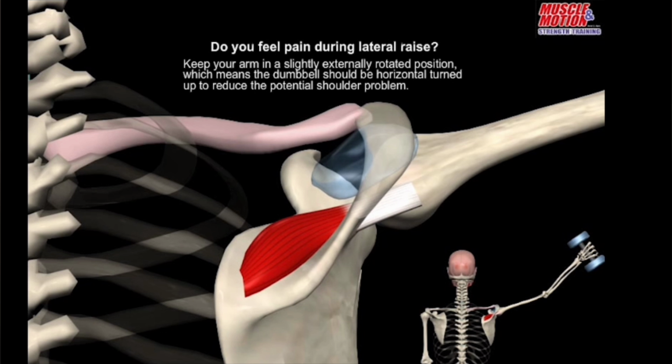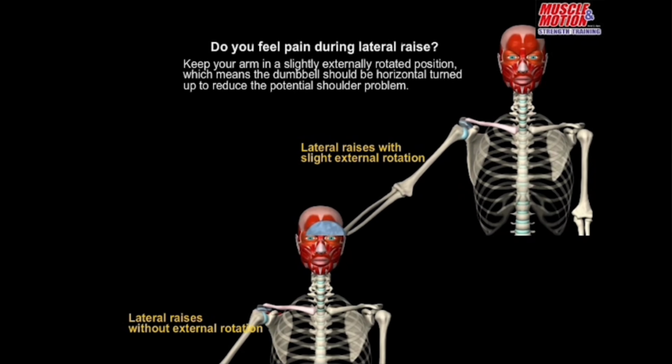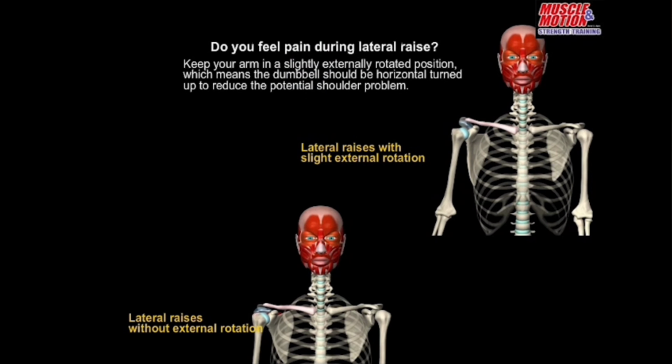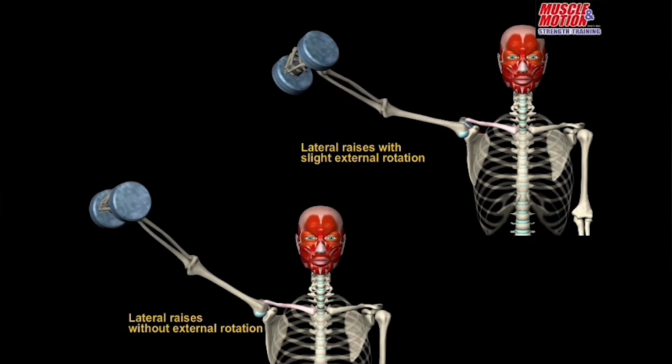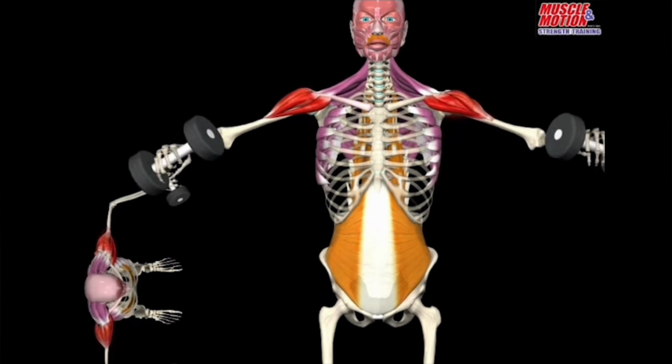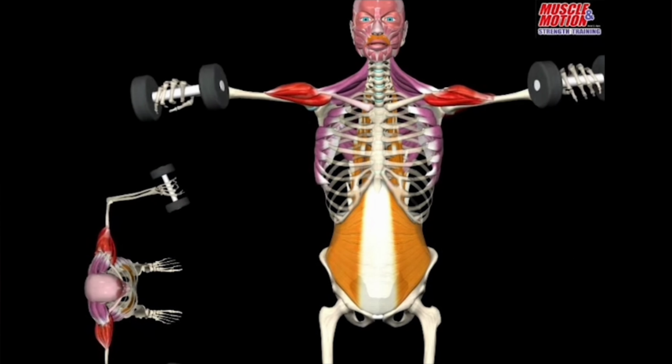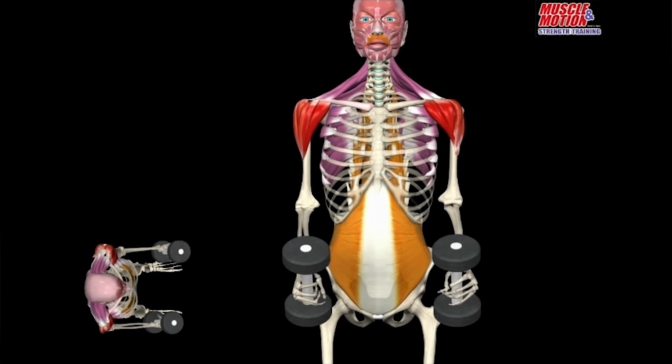So if you feel pain during the lateral raise, keep your arm in a slightly externally rotated position, which means the dumbbell should be horizontally turned up to reduce the potential shoulder problem. However, this does not mean it's a good movement, simply that it'll eliminate this particular problem. Now in the fourth variation, abduction in the frontal plane with bent elbows,